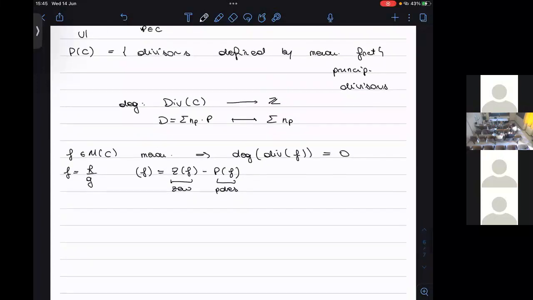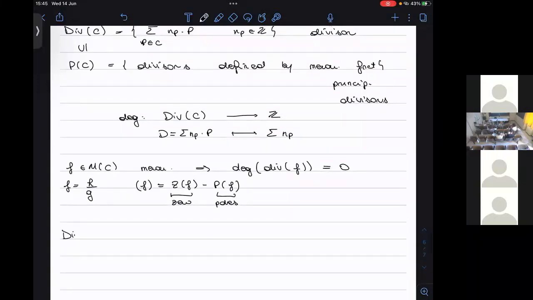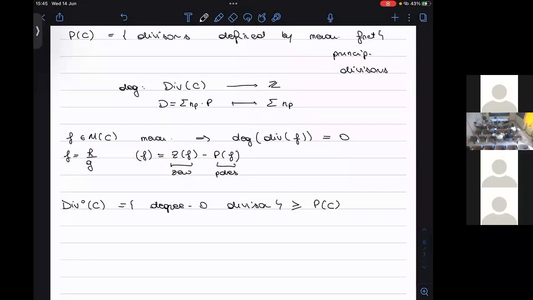And so why do I say these things? In particular, you can also define another subgroup inside the group of divisors, which are the degree 0 divisors. Inside that group, you can find the principal divisors. These are subgroups, okay, not just inclusion. And so one of the questions is to ask: what are the degree 0 divisors which do not arise from principal divisors? So what is this group? This is the question